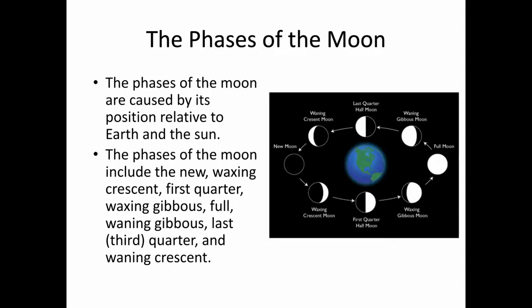And you know, at one time when I was very young, I used to think that the moon had its own light source. It doesn't really. The light that we see the moon casting or giving off actually is a reflection from the sun. So from there,